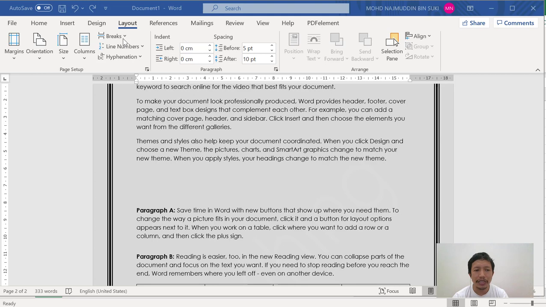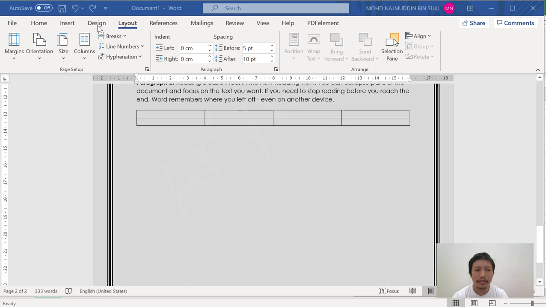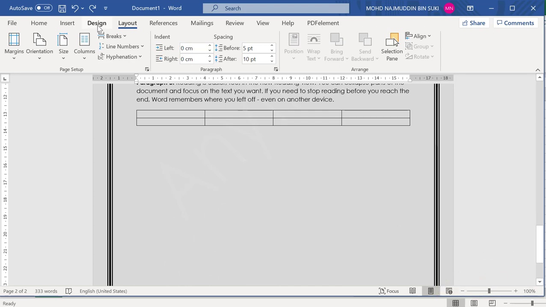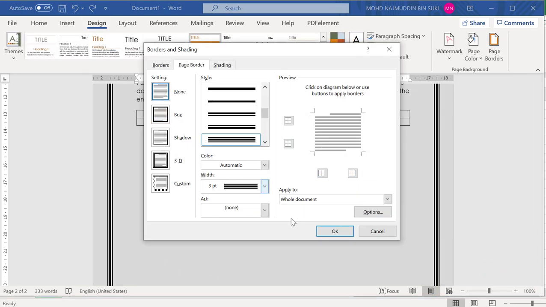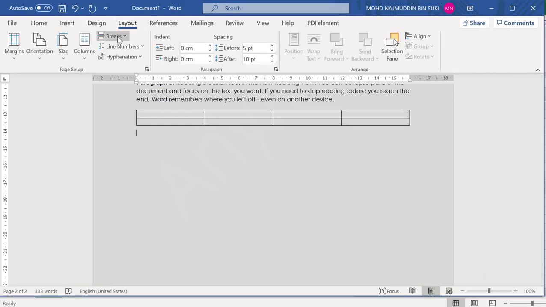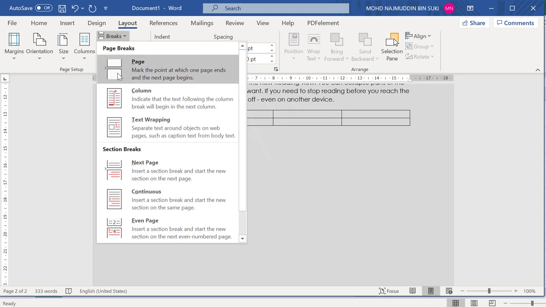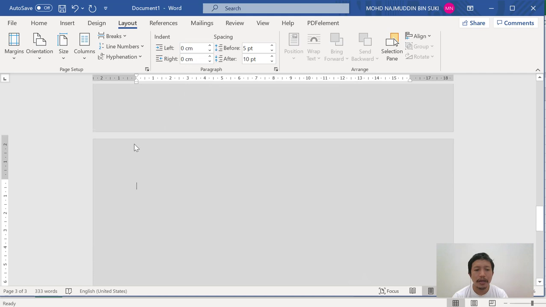Then we go to breaks and then columns, which I think are related to each other and slightly more advanced concepts, so to speak, right? But before we actually look at that, we're going to get rid of this page border, right? So just go to design,